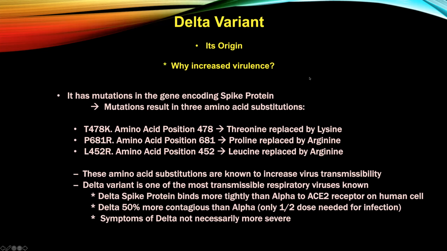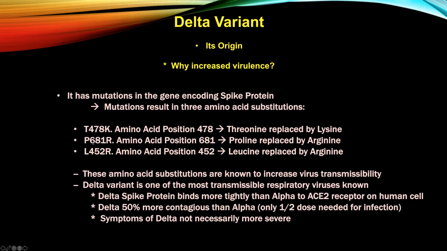And now let's talk a little bit more about the Delta variant, because that's the one that has really emerged and taken over the population of coronavirus worldwide. So how did it originate, and why does it have increased virulence? Well, it has mutations in the gene encoding spike. Spike, you remember, is the part of the virus that binds to the human cell and gets inside. And these mutations in the spike protein are the result of 3 amino acid substitutions. And they're indicated here: